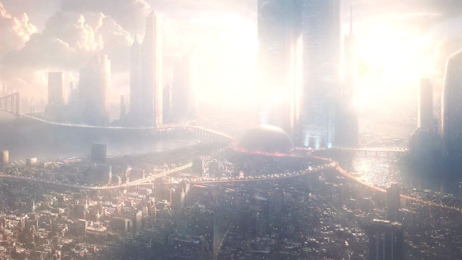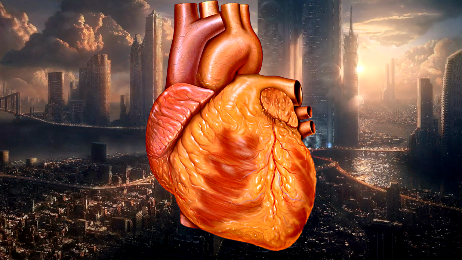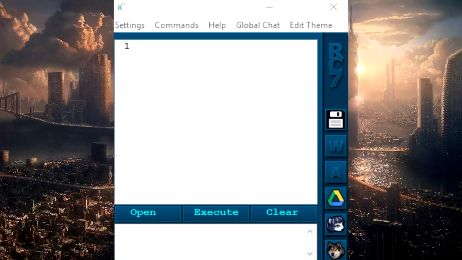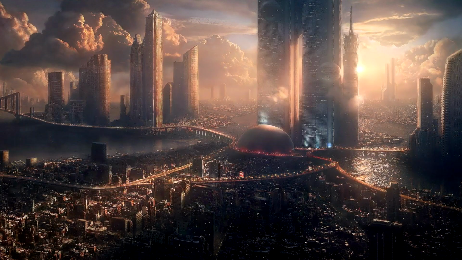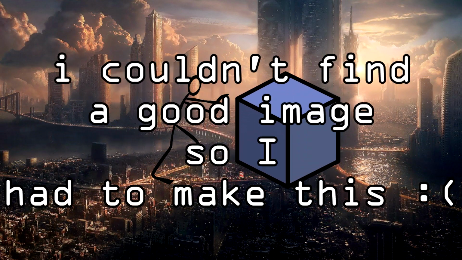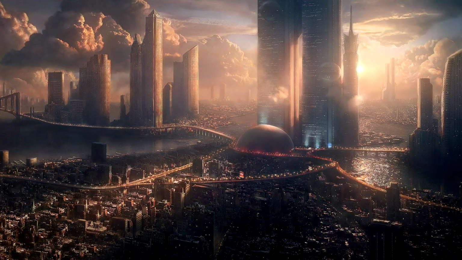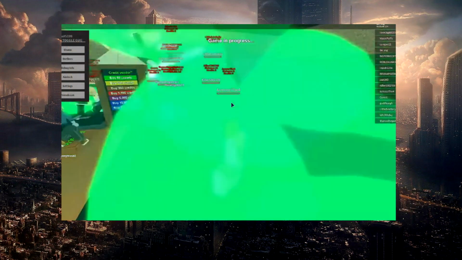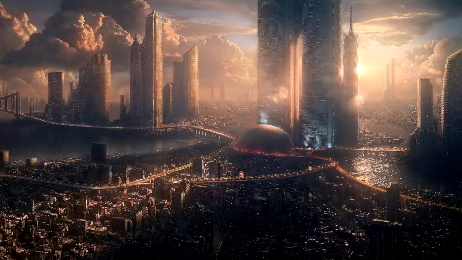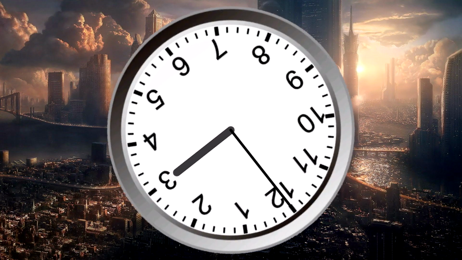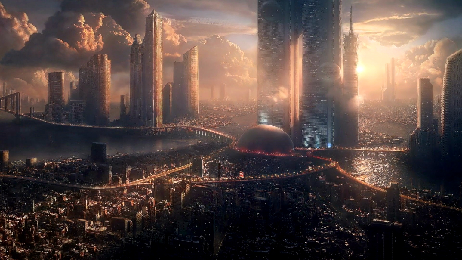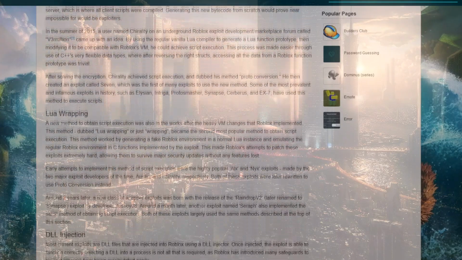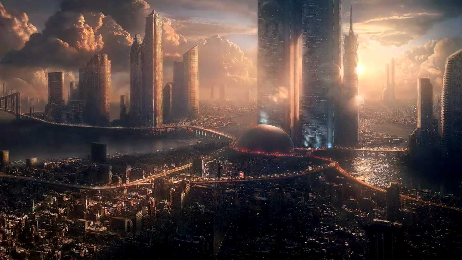If you're an exploiter, you remember this period fondly, with 7, RC7, Elysian, all kinds of crazy exploits pushing the boundaries further into Roblox exploiting with script executing and all kinds of other crazy things happening at that time. This section is going to talk about chronology and how these exploits came out over time, as well as the methods that were discovered that enabled script execution in an efficient way in the first place.